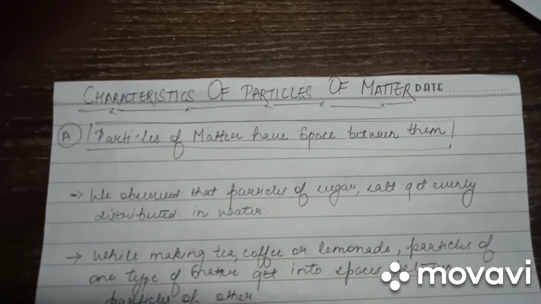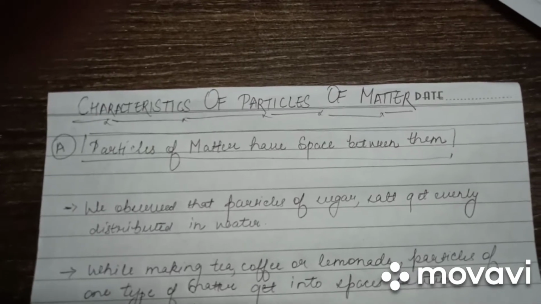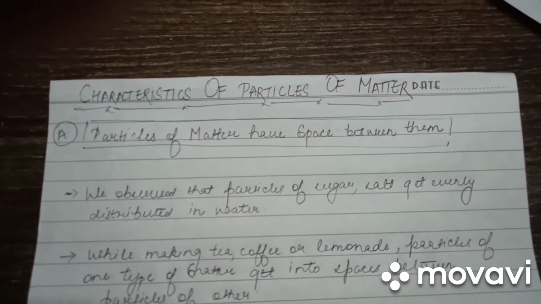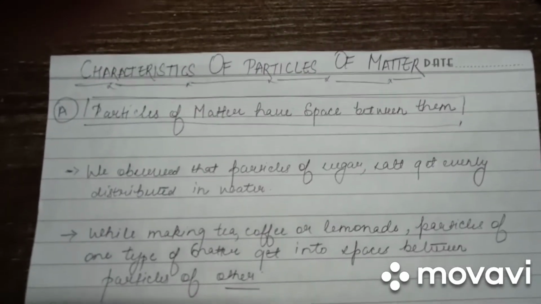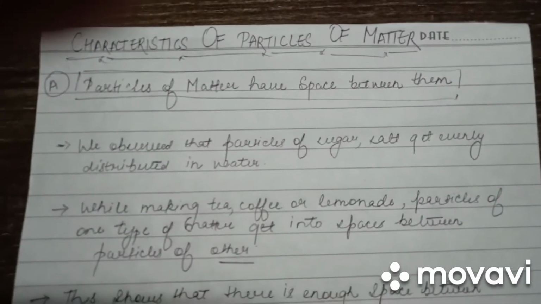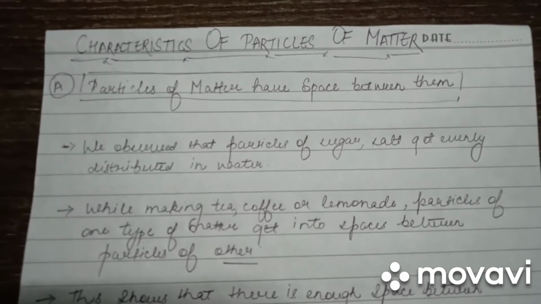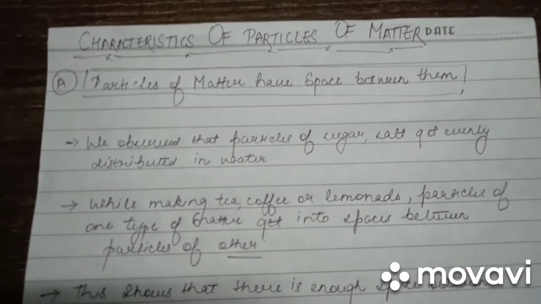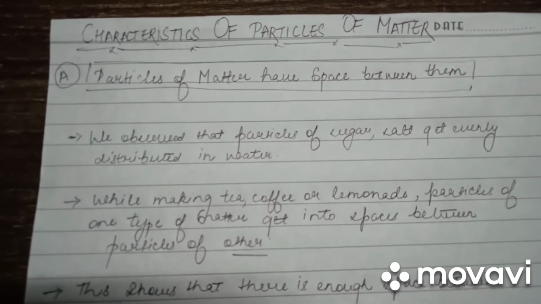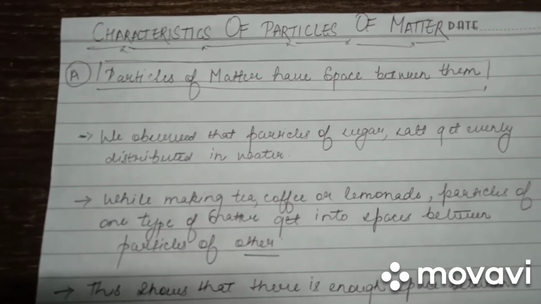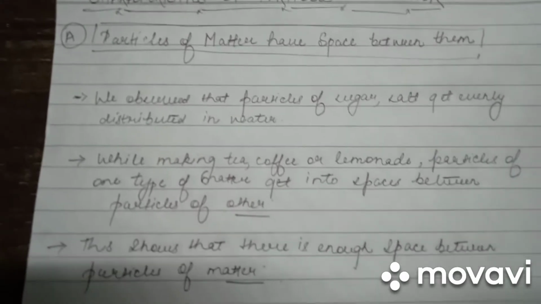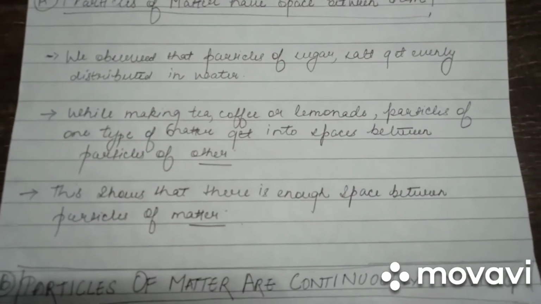Moving on to the characteristics of the particles of matter. Particles of matter have spaces between them. This can be verified by the following examples. We know that sugar gets easily distributed in water. Whenever we add sugar to water, after stirring it for a while, we can see that sugar is completely dissolved in water. While making tea, coffee, or lemonade,